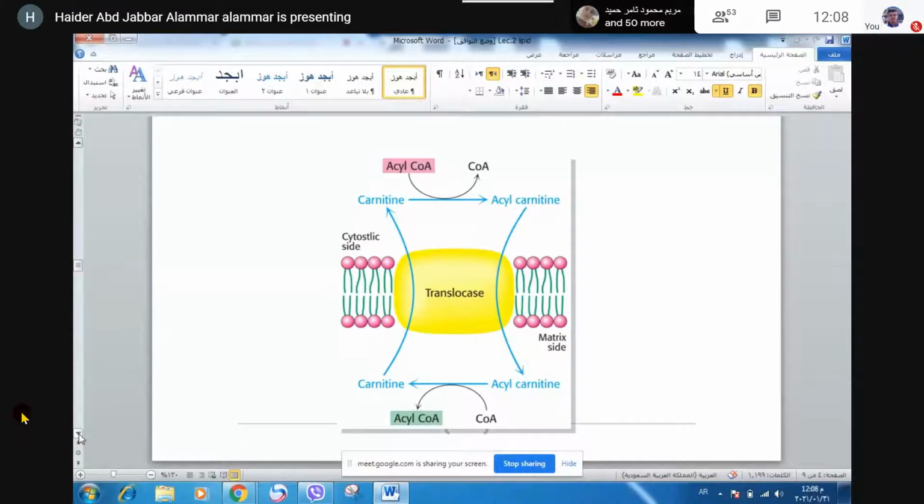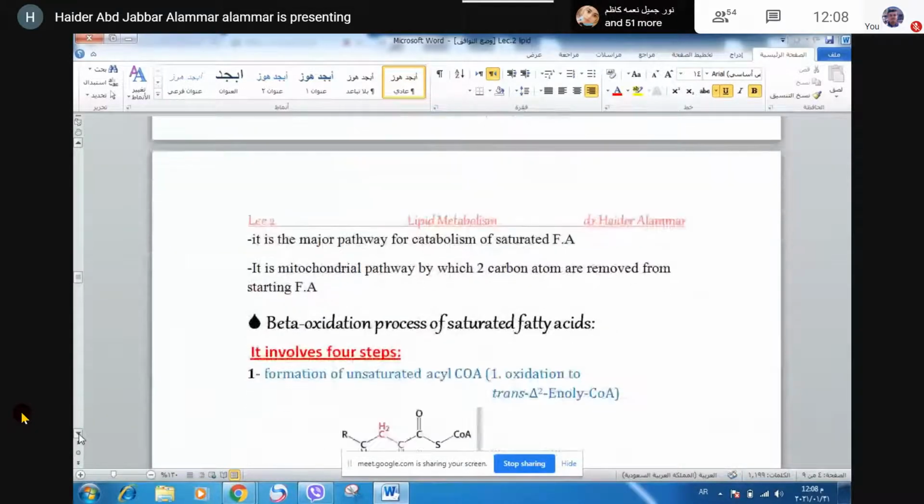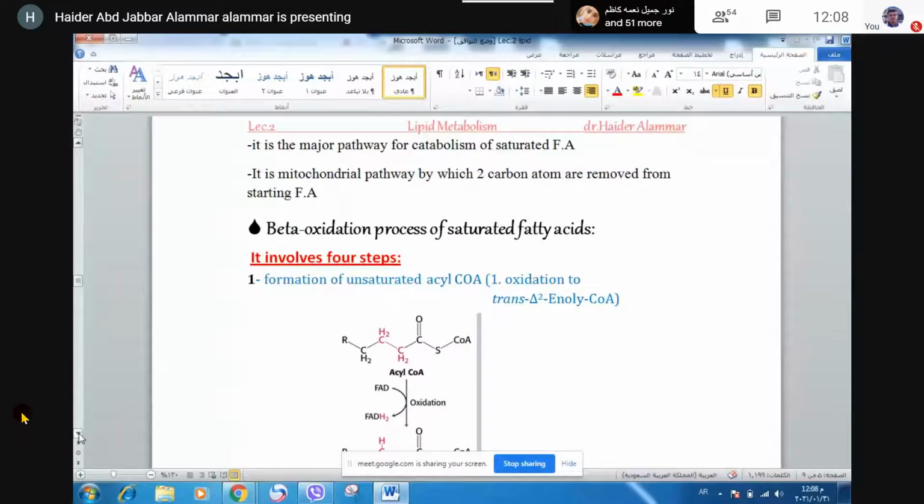There, another enzyme called carnitine acyltransferase 2 catalyzes the removal of acyl coenzyme A from the acylcarnitine and frees the carnitine to be used again, repeating the cycle more and more. Now, the activated fatty acid is available in the